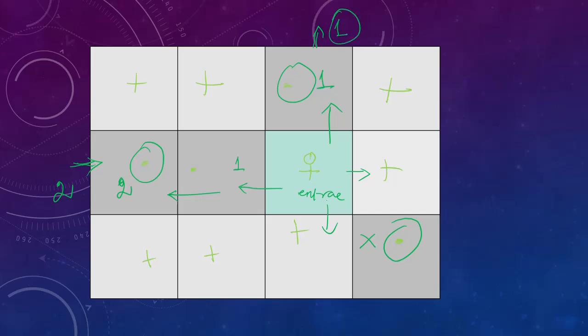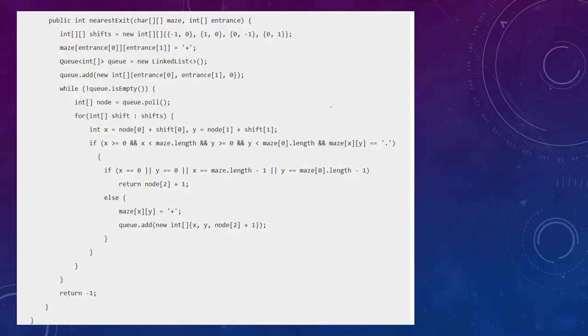So ideally, we have to explore in all four directions and see if you have reached any of the border cell, and then return the number of steps you have taken to reach that cell. And we have to return the shortest one, not anything. Okay, so let's see how we implement it using BFS, which is a very simple implementation compared to other